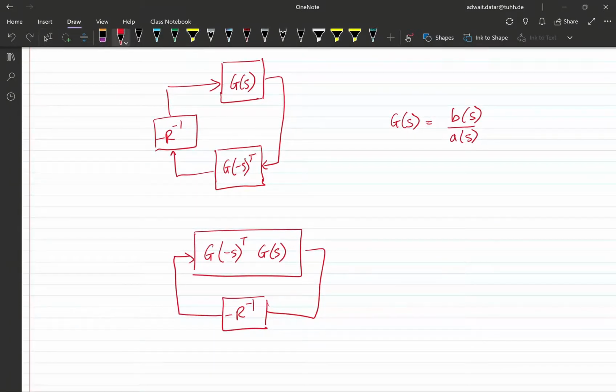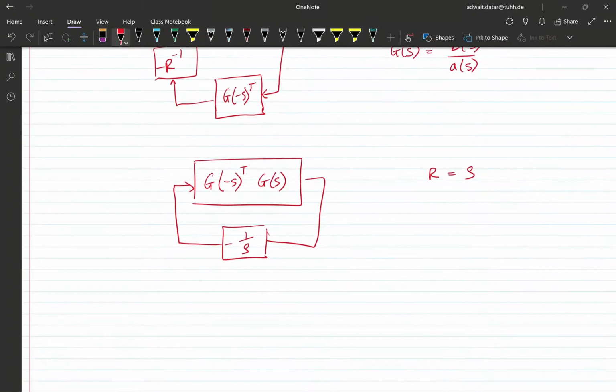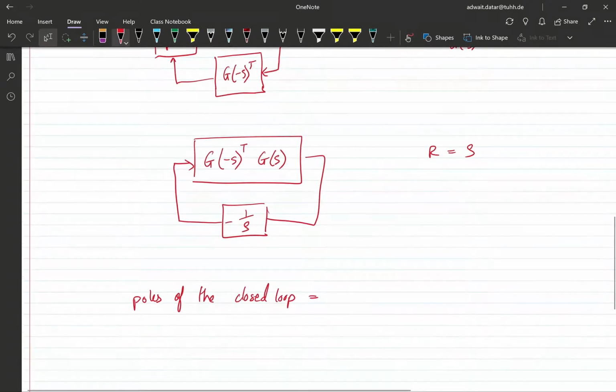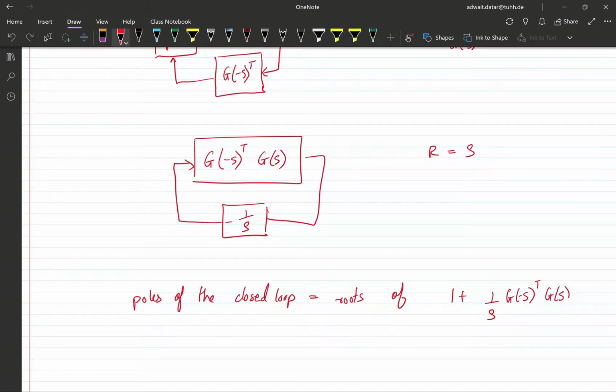And let's also assume that R can be represented by rho because now it's just a scalar. So we have, instead of minus R inverse, just 1 over rho. So now we can write the poles of the closed loop as roots of 1 plus 1 over rho G of minus s transposed G of s equal to 0,